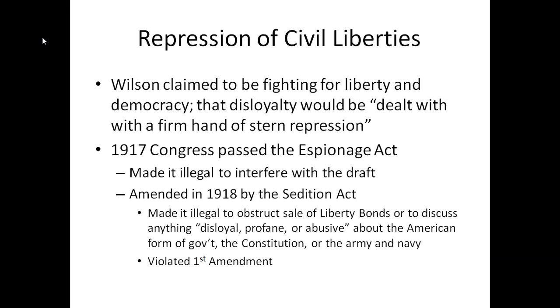The Espionage Act was amended a year later by something called the Sedition Act, which made it illegal to obstruct the sale of Liberty bonds or to discuss anything disloyal, profane, or abusive about the American form of government, the Constitution, or the Army and Navy. Now, this is not a good thing. At the time it sounds good because you want everybody supporting the war effort,